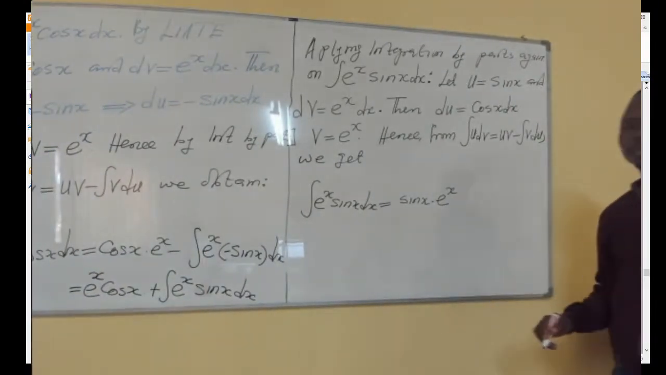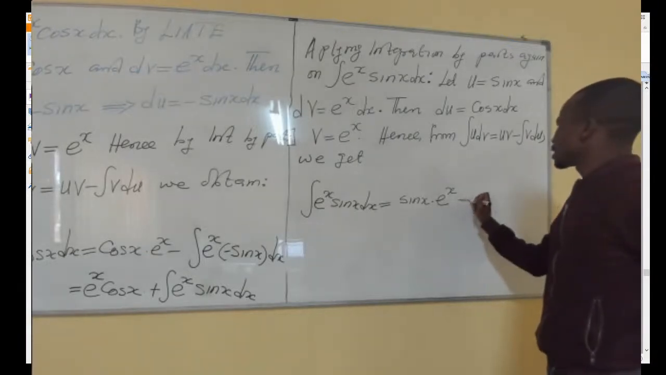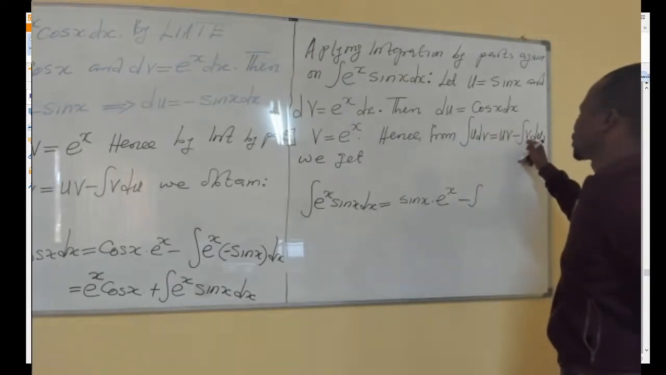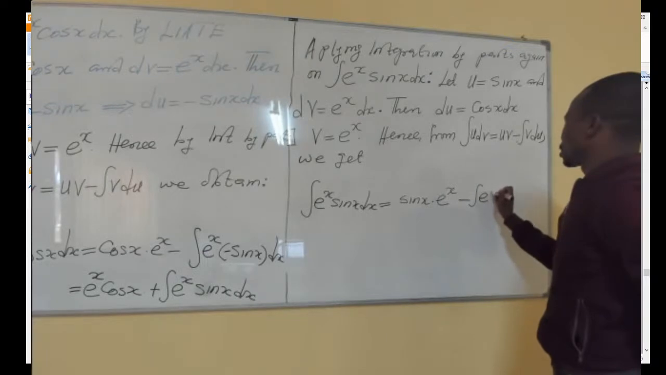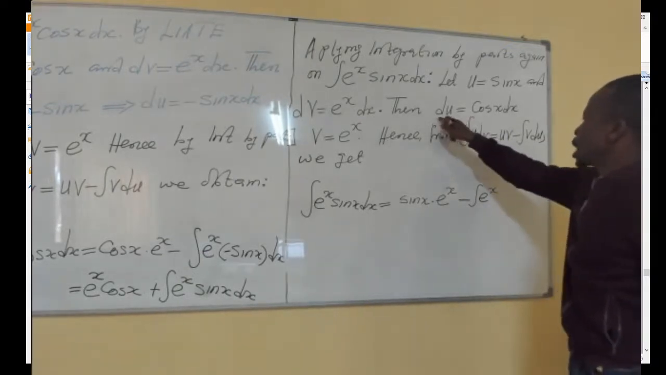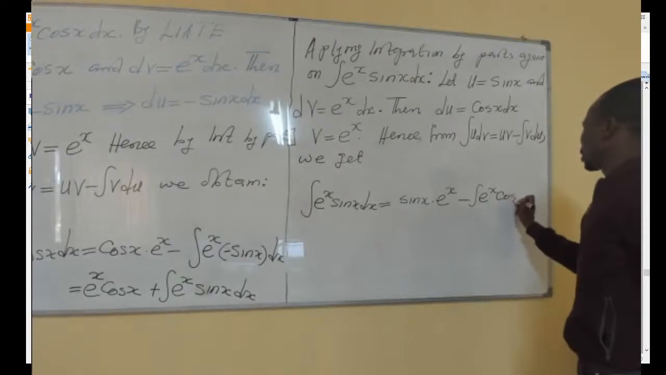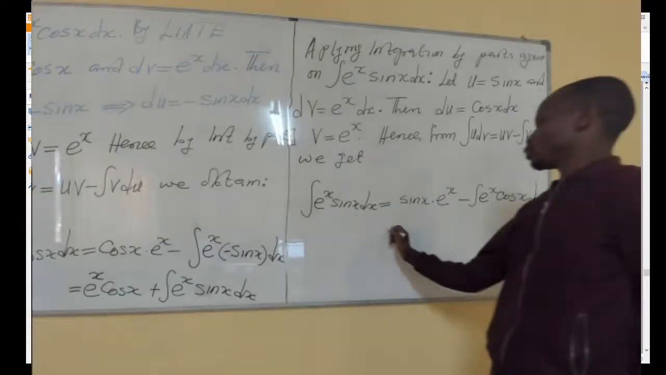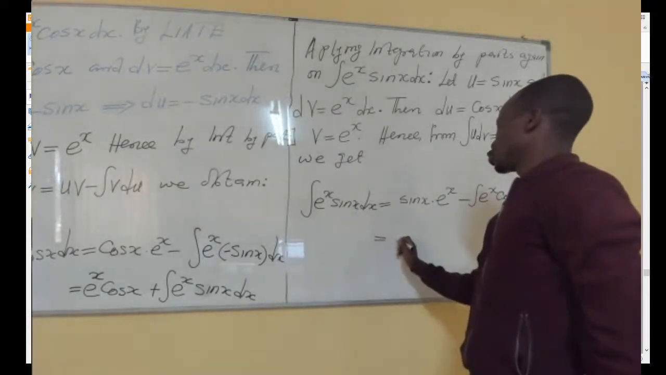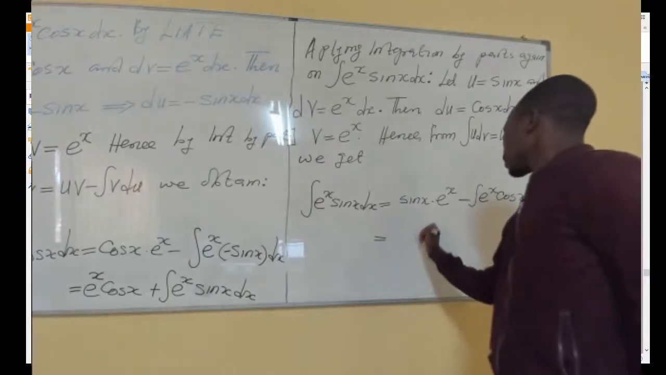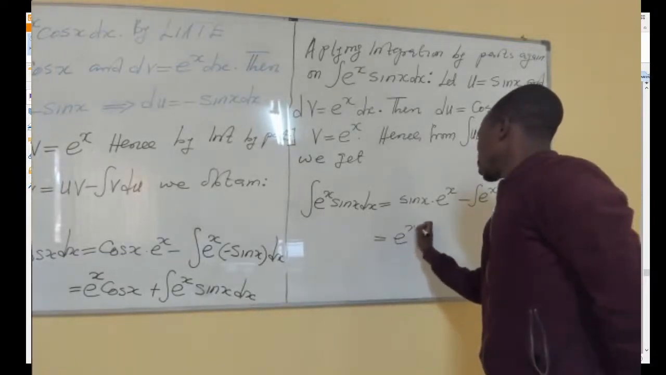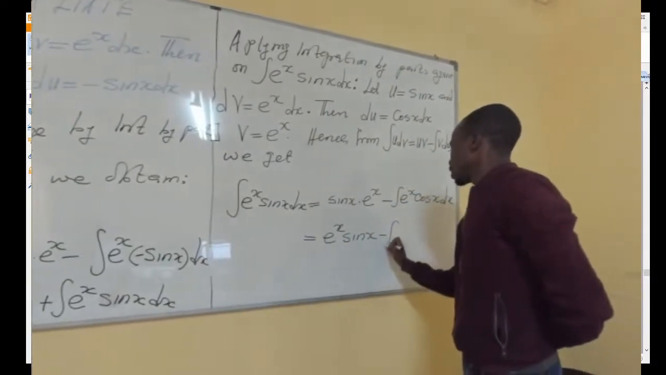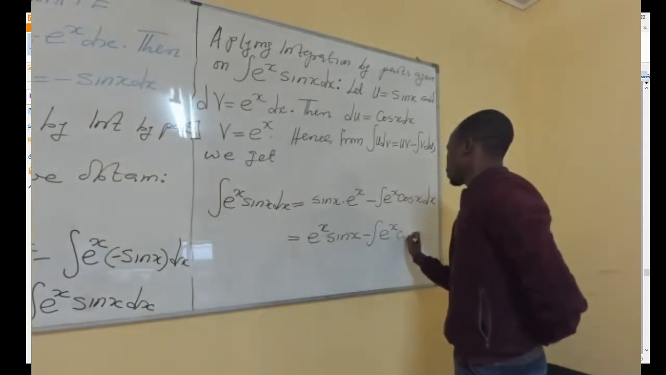Then minus the integral, our v is e to the power x, our du here in this case is the cosine of x dx, which will just be equal to, when we rewrite it, e to the power x sine of x minus the integral of e power x cosine